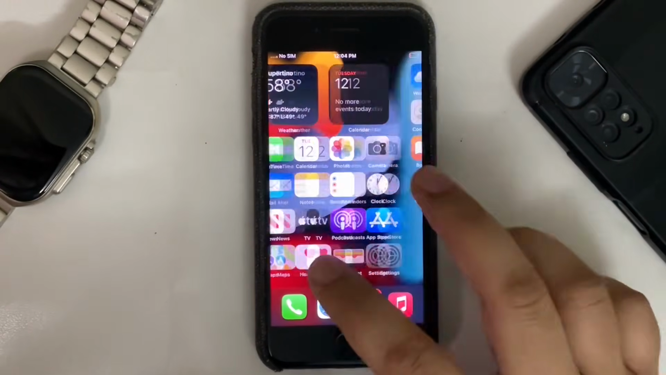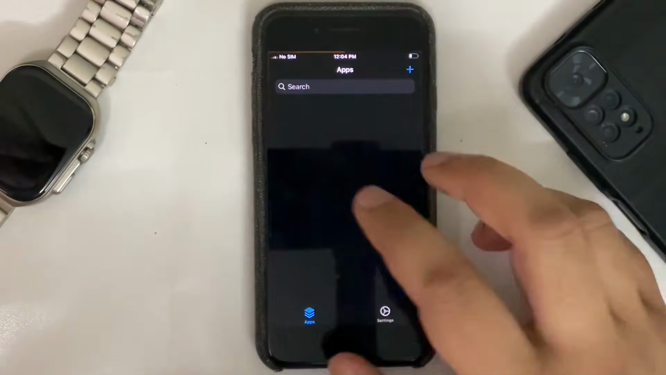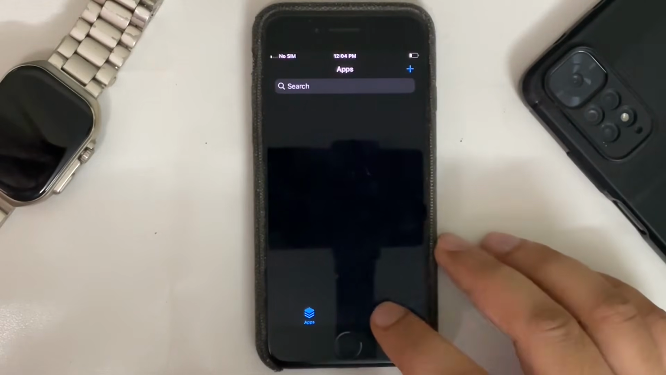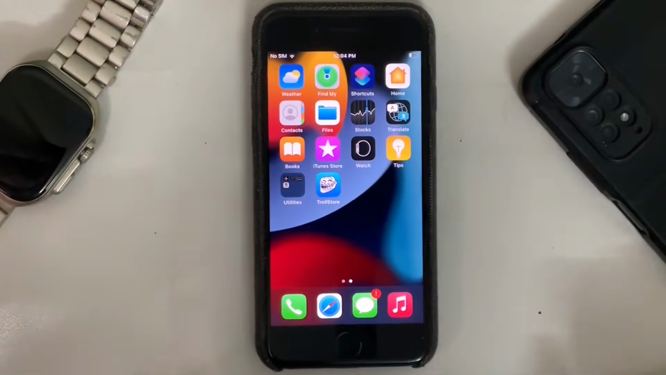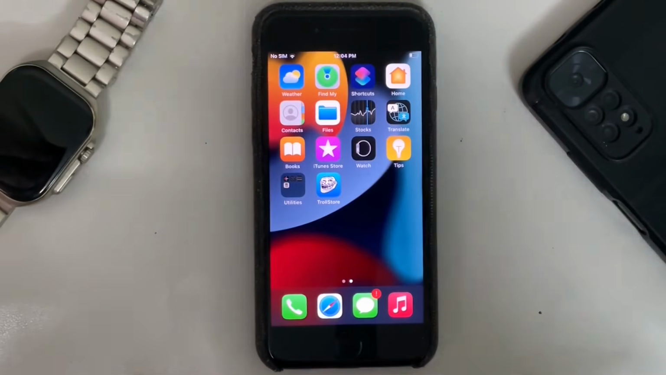Alright, once you go in, you can see TrollStore is working fine without issues. If you go into settings, everything is fine and it is ready to go. Now, the second part of this video, jailbreaking iOS